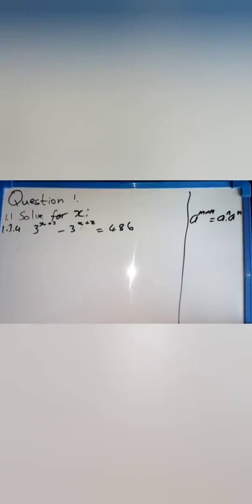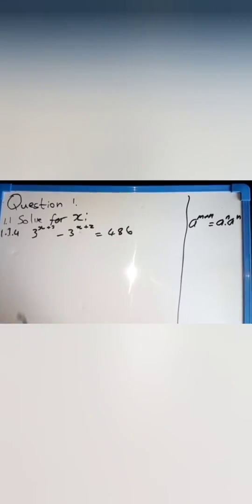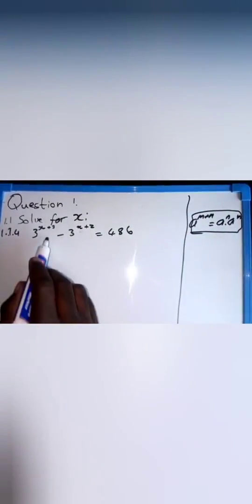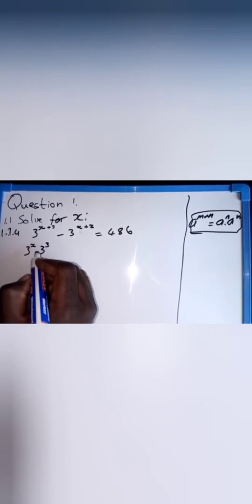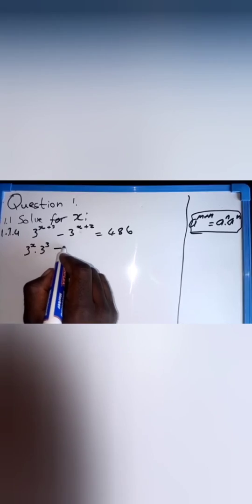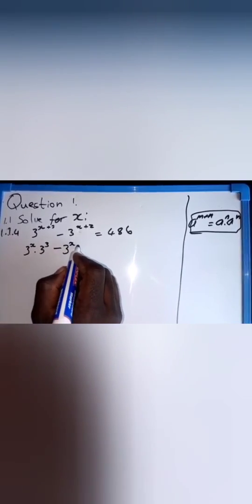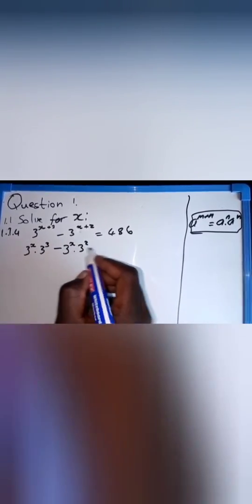Alright, cool. So since we have this, what we can do now is apply this formula on this here. So we'll have 3^x times 3 to the power of 3 minus 3^x times 3 to the power of 2 is equal to